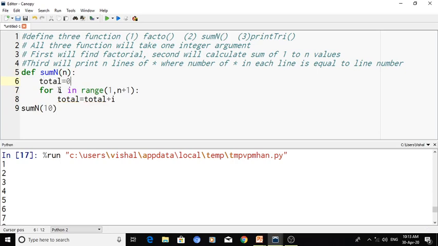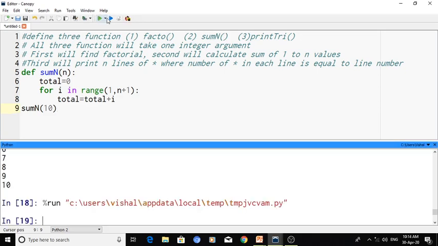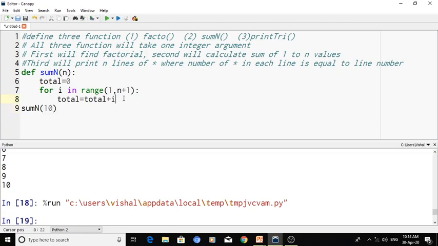Now how will it work? 0 plus 1 is 1. Next time the value of i will be incremented. 1 plus 2, 3. Then 3 plus 3 is 6, and so on. In this way, if I run this program, I am getting nothing, because I shall return the total.